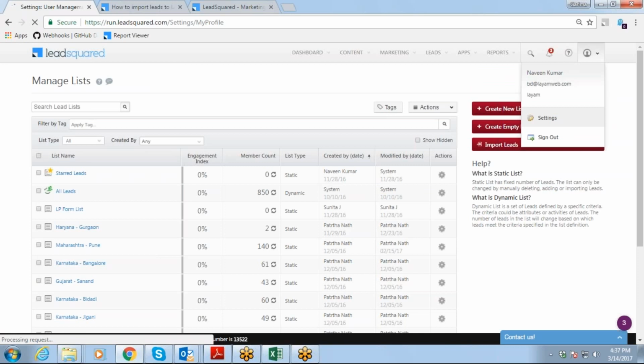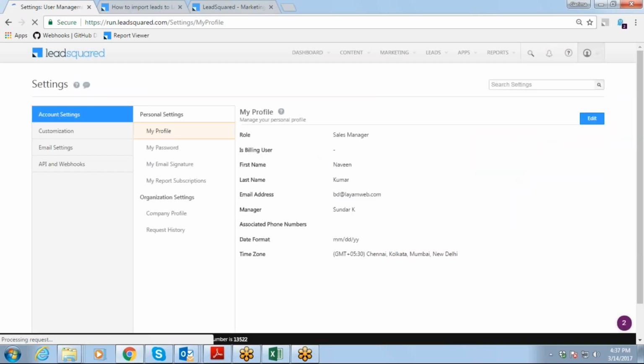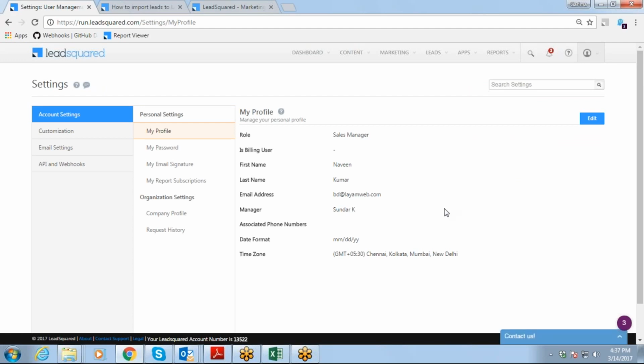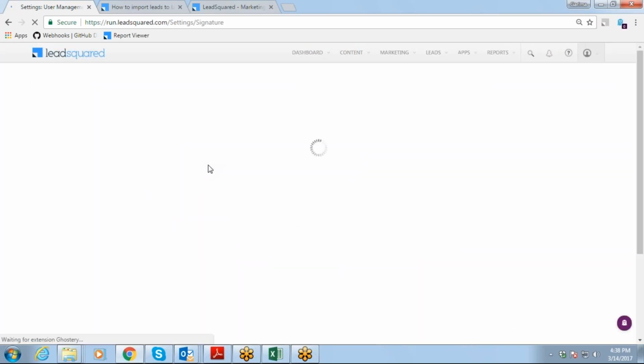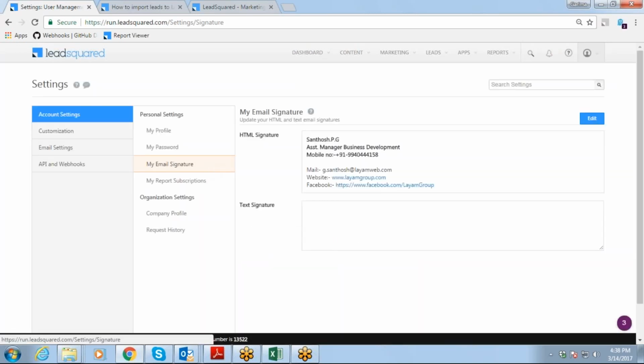Yeah, the account means the login account, right? Now you will be making use of this account, so you will be sending some emails and having conversations with your leads, right? You don't need to add your signatures again and again in those emails. So what you can do is use mail merge fields. Initially you set up your account, put in a date format and everything, your password, your email signature. So you click in here, create your signatures, and add in your company logo or whatever you want. You have already added this thing.